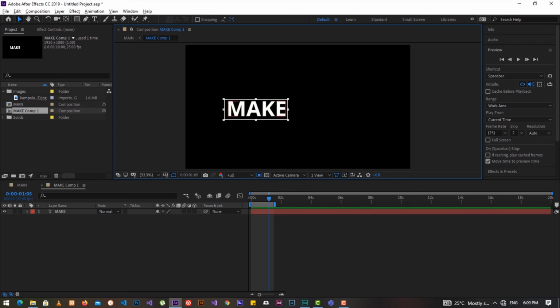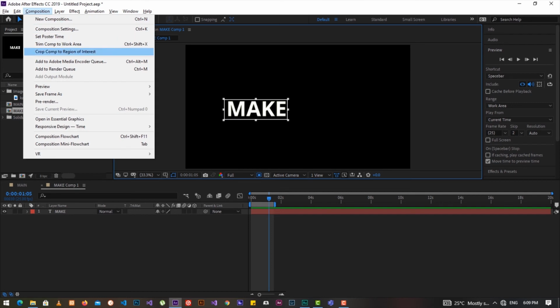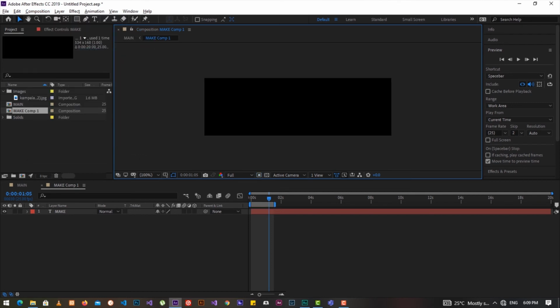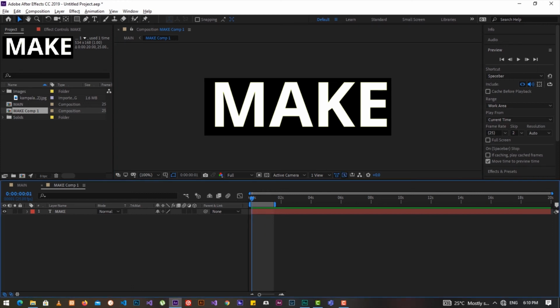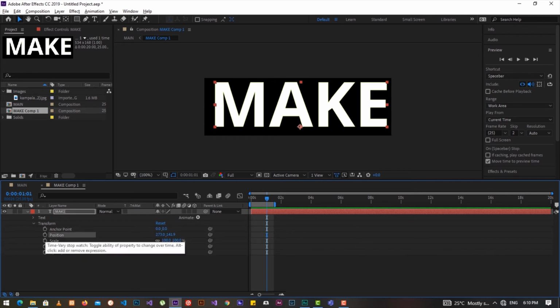Now the remaining things I do not want, so I come to composition and I choose crop comp to region of interest. As you can see, they have cropped the composition to our region of interest, and from here we can animate our make. So we go 1 second ahead and we go to position. Click on the drop down, go to transform, go to position, and let's start our stopwatch, which will create this